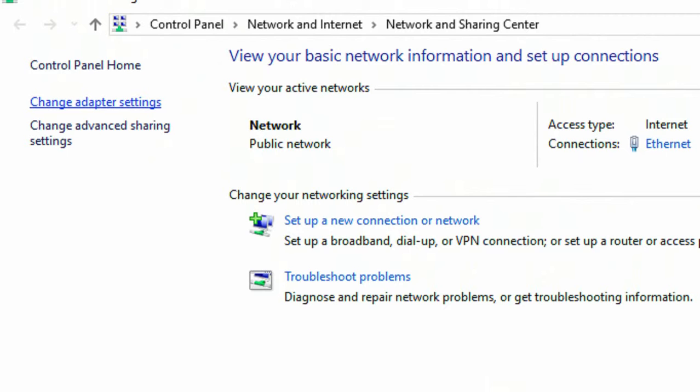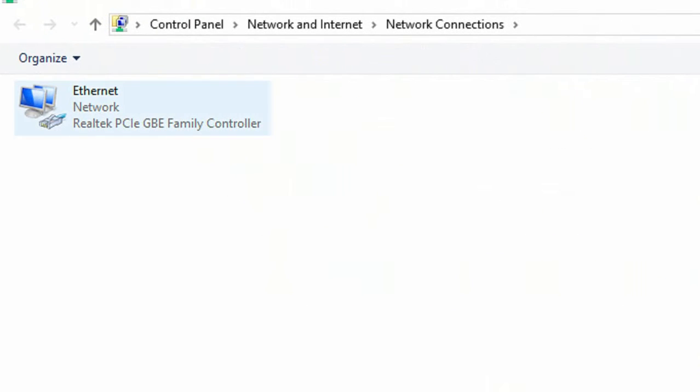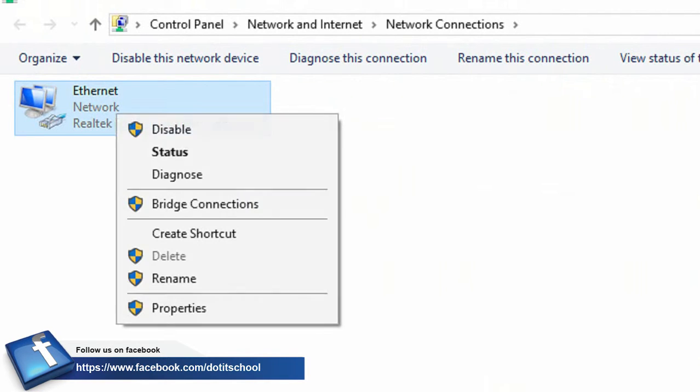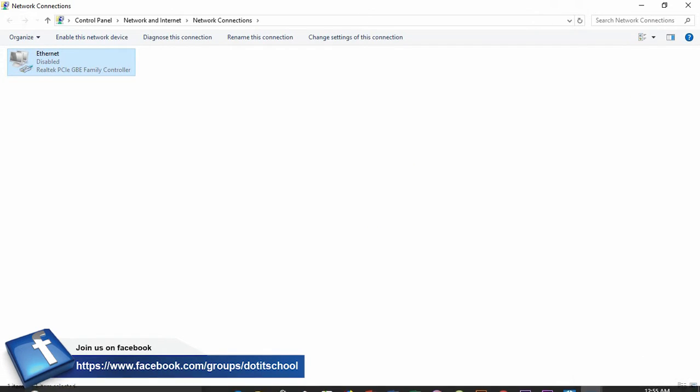So click the right button of your mouse from here and click Open Network and Sharing Center, and go to Change Adapter Settings. After this you will select and click your mouse right button, then click Disable, and you will see that your internet connection is already disabled from here. And after this you will go to your